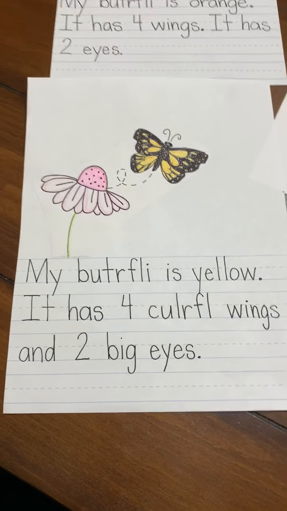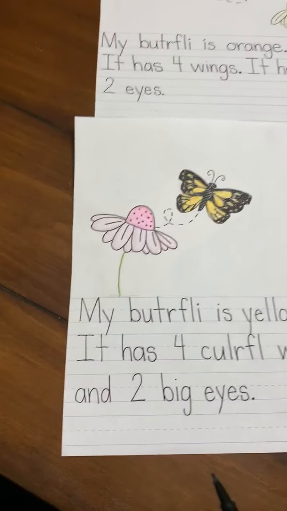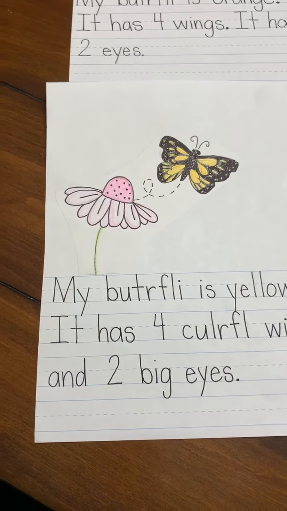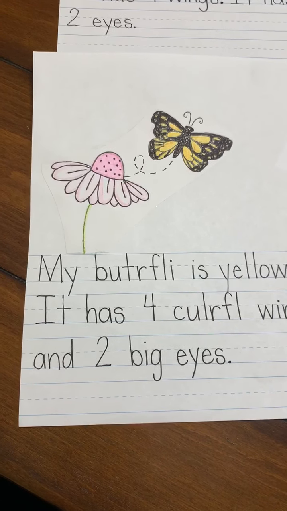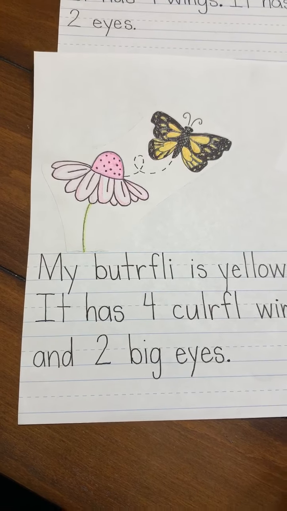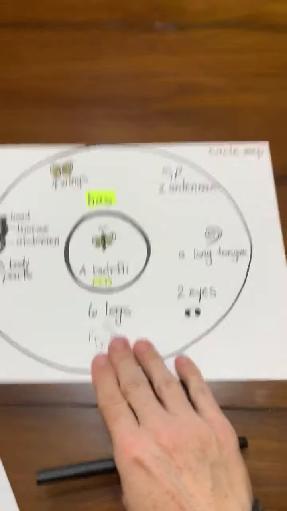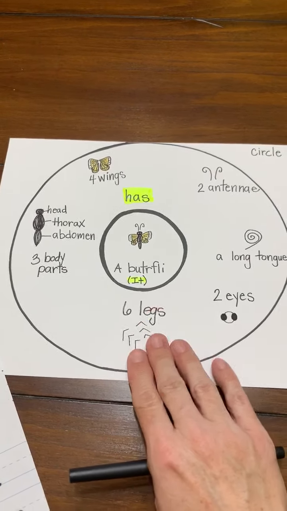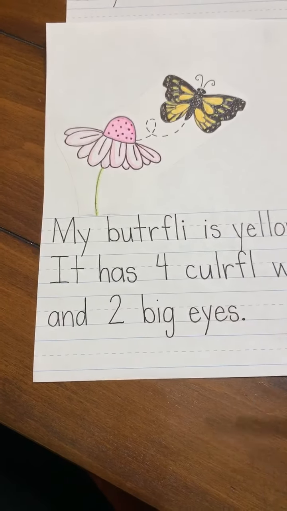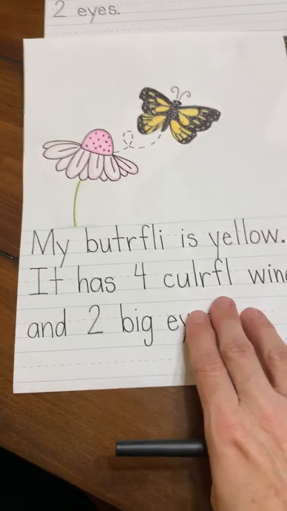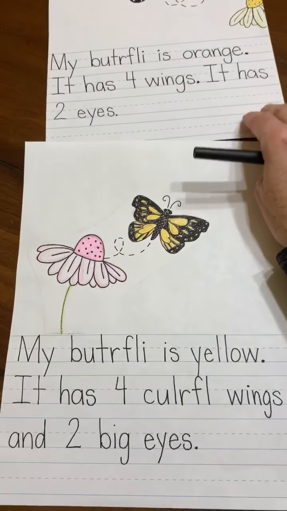If they want to add their own sentence, steering away from the circle map, you can have them do that. But I think good writers that have great confidence can do that. But right now, a lot of them are just in the stage of trying to build that confidence level. This keeps it really easy. It has, it has, it has. And just helping them by saying it has. What could we say about the wings to make it a more interesting sentence? Oh, colorful. And then instead of listing, because this gets real listy,